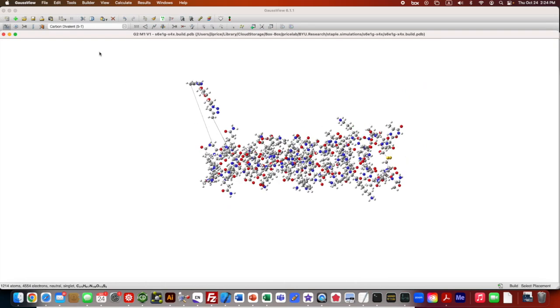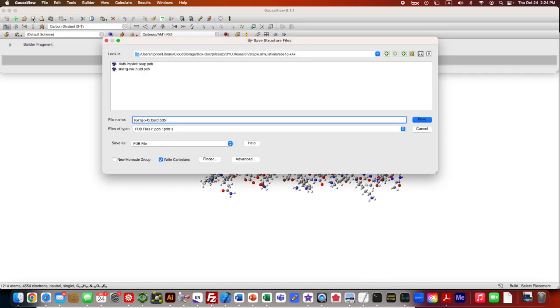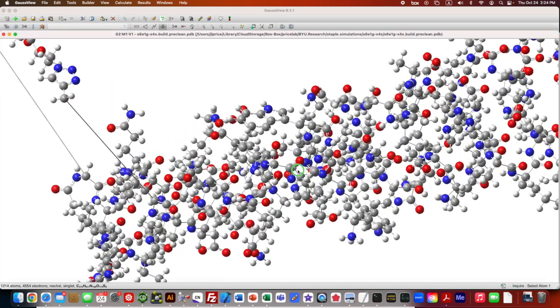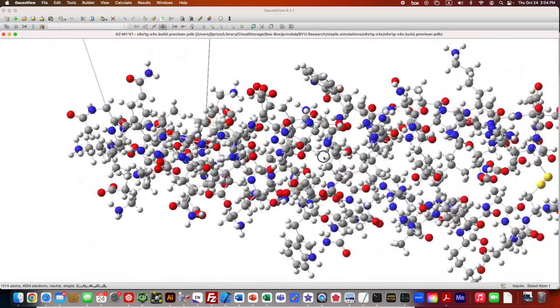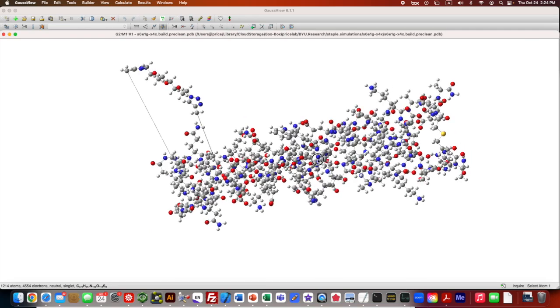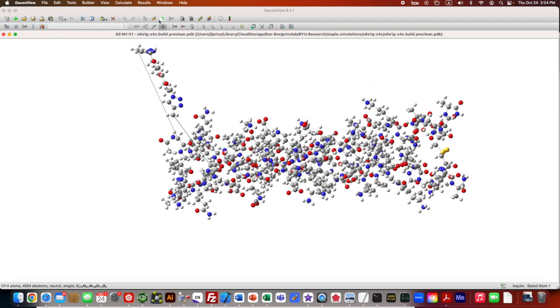What we're gonna do now is save this as something else. I'm gonna call it pre-clean because I'm gonna press the clean button in a minute. None of what we've done outside of GaussView is going to be saved, but it continues to persist in this open window. Then I just come up here to the broom button and I press